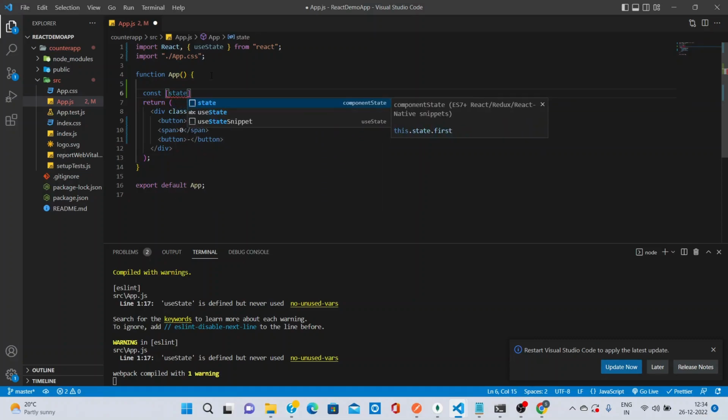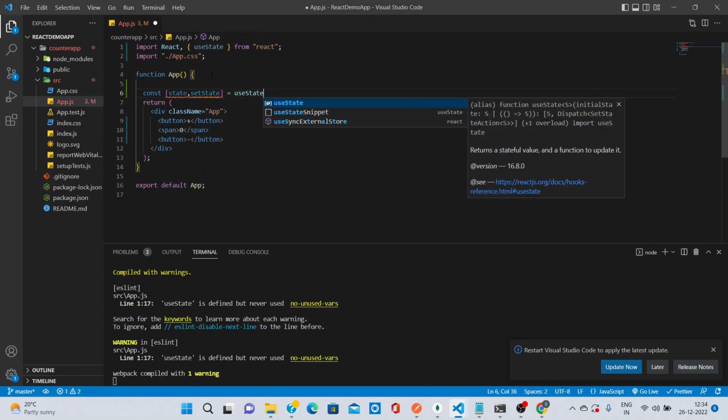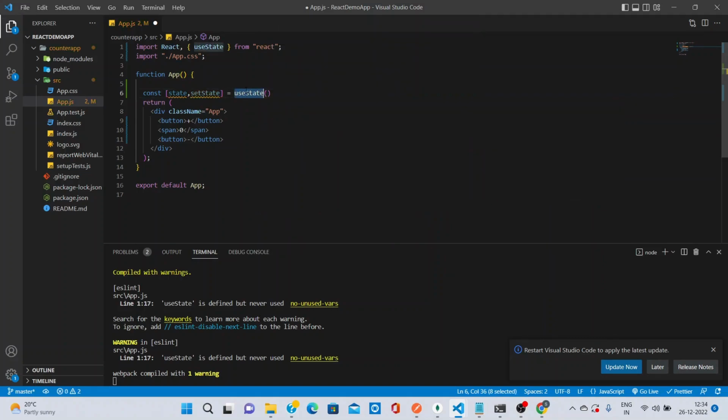This is the basic syntax of state, setState. And in here we have useState. In its scope we can declare the initial value of this variable, that is state. So if I type over here 4, then the value of this state, if I